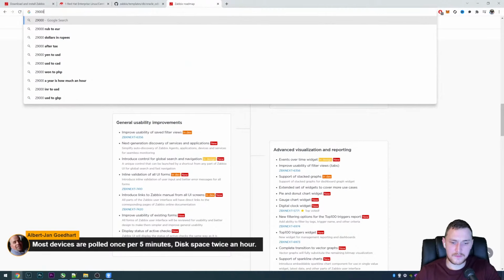Let's say if we are monitoring even with one item once per hour, that would be 29,000 new values per second, right? I'm not completely stupid, I think. So either you're wrong with the new values per second, or with something else.